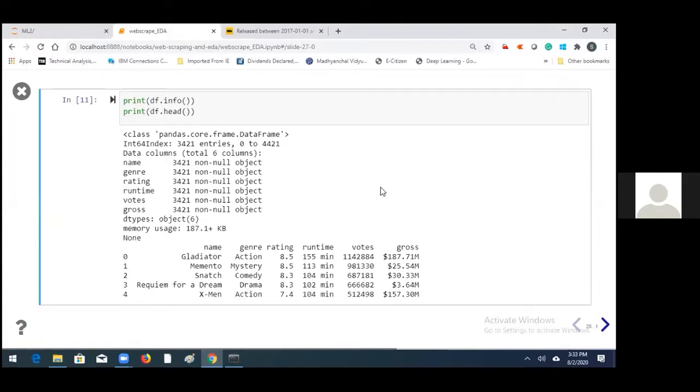So now, after doing these operations, this is how our data set looks. df.info gives us this information, and this is our head. So our name is okay. Genre, we now have only one because we have stripped many things off. Instead of 4,000 something, now we have 3,000 something rows because others had null data for either the Metacritic score or the gross information. We have removed them, we have dropped them. We still have to work on runtime and gross information,